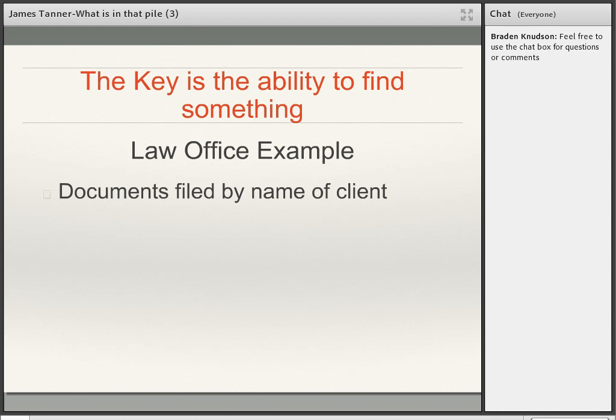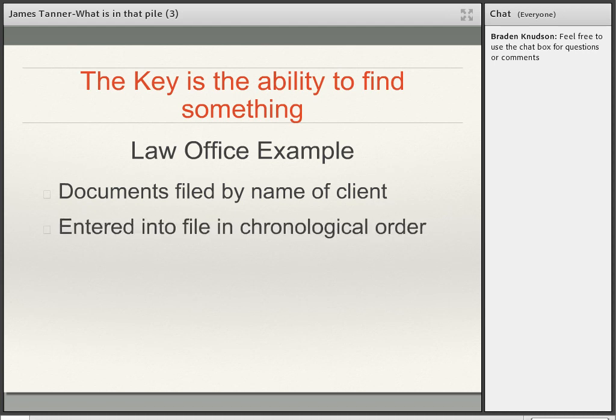So they were filed by client name and then by the number of the client matter or the name of the client matter, depending on how the particular attorney handled that particular aspect of the filing system. And then everything was put into the file as it was received in chronological order. So one of the first early systems we had a file folder with a metal clasp system, and everything was two-hole punched at the top of the page, and so they went right into the file